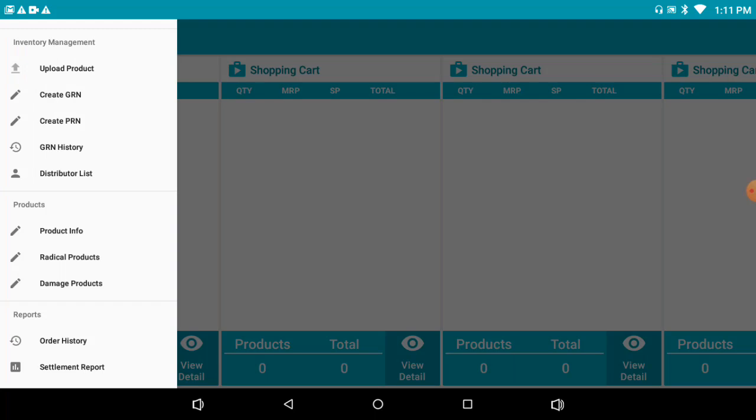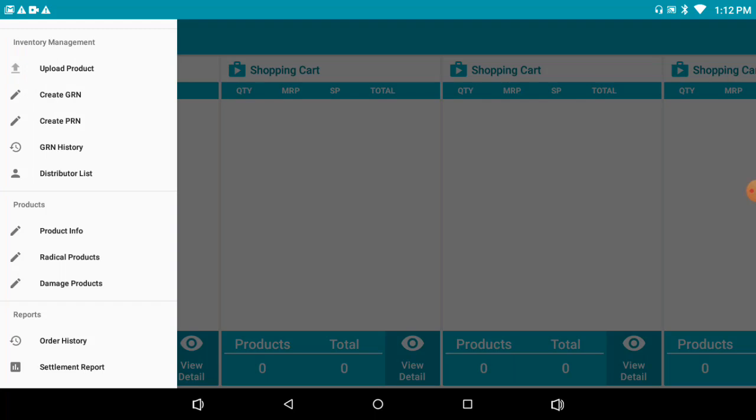of the sales which a distributor has generated on a bill for that shop, that is covered in that bill. We'll see that when we come to the create GRN page. The fourth page is the GRN history page, which covers the history of all the GRNs created for the shop. The fifth tab is distributor list.